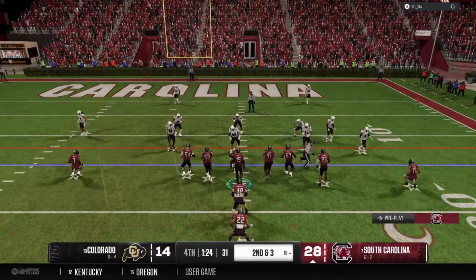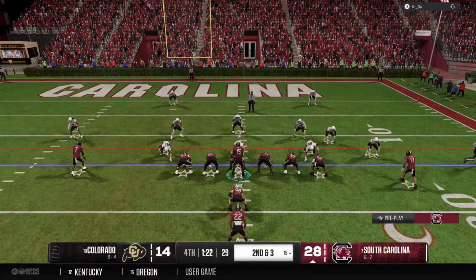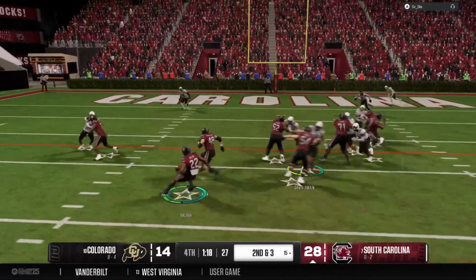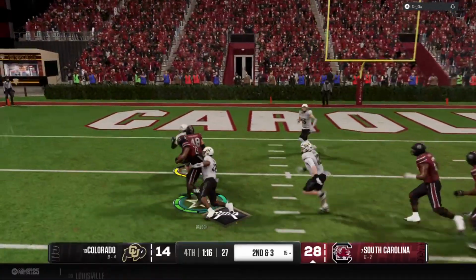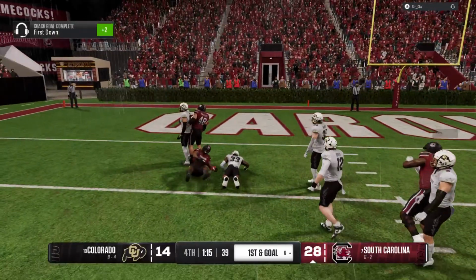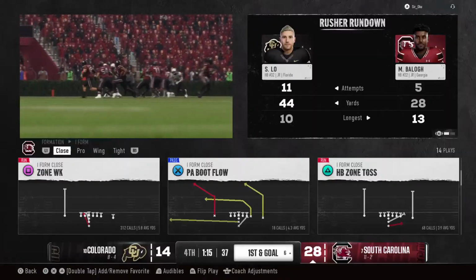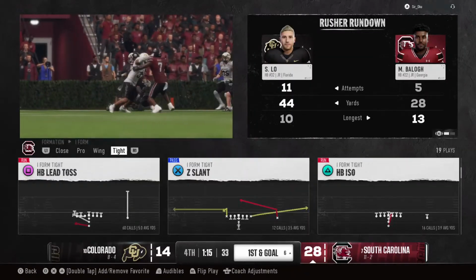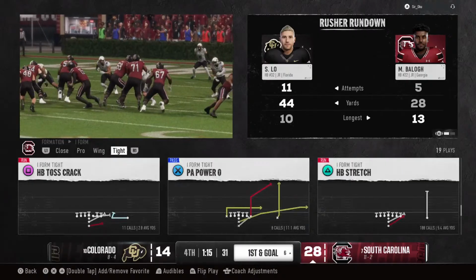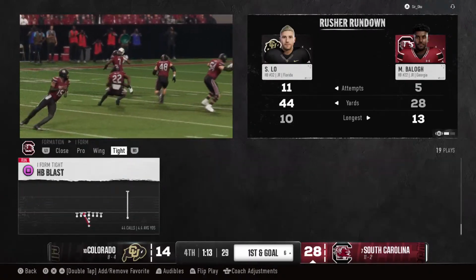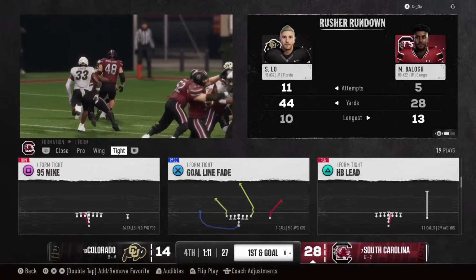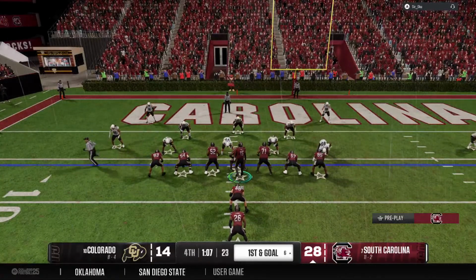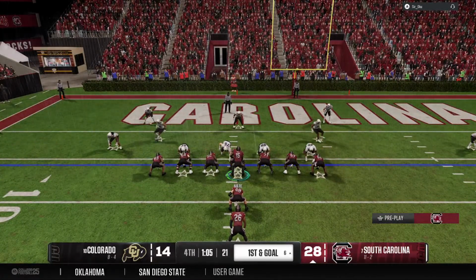And the Gamecocks are in the red zone. And they'll keep it on the ground, trying to run some clock. Good enough for 1st down yardage. You know, offensive linemen are just a certain breed. They're always going to do their job, no matter who's back there carrying the ball. I'll tell you what, they have a little bit more confidence when the person that's carrying the ball can break off some big-time runs. That makes them block just a little bit harder, knowing what he's potentially capable of doing.